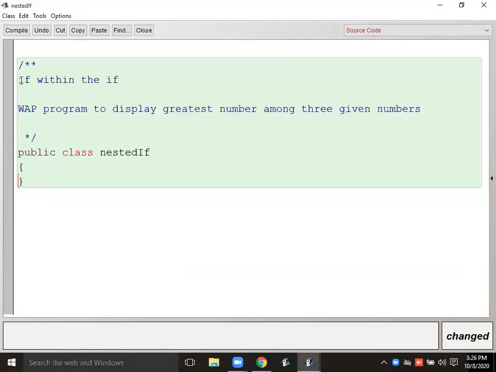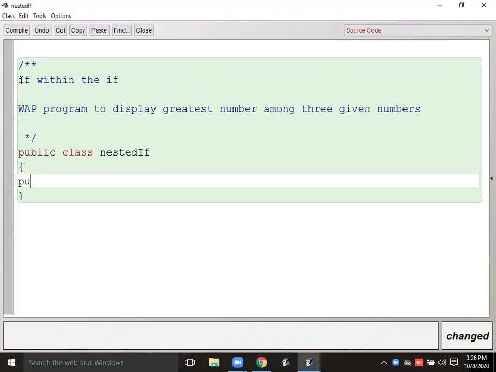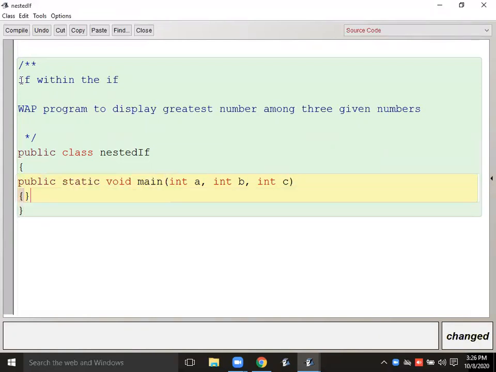That program we have made earlier also by using the AND operator in the if else if. Okay, but how to make it in the nested if? In the exam, if they are asking to write this program by using the nested if, then only you should use this nested if, otherwise write this program by using the ladder if only. Then public static void main.